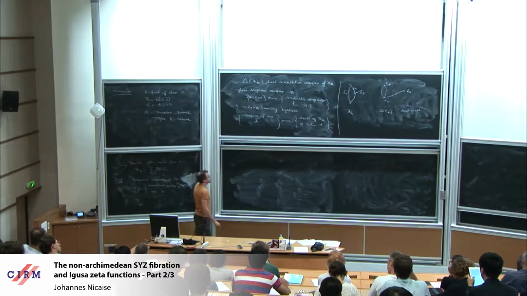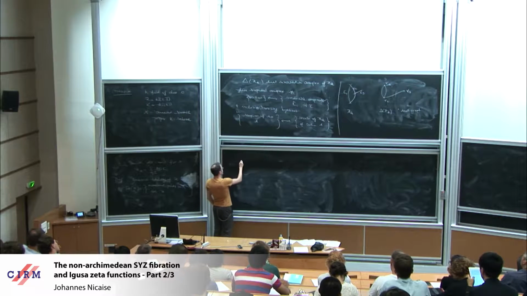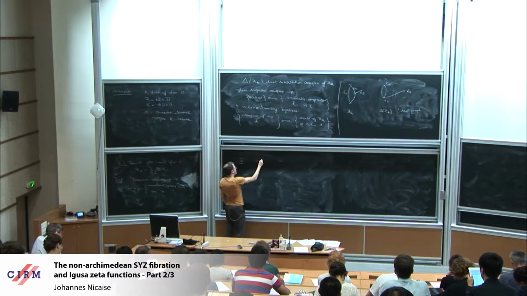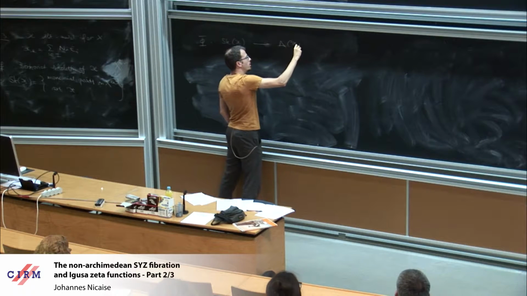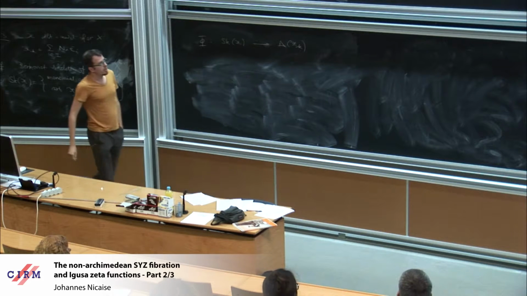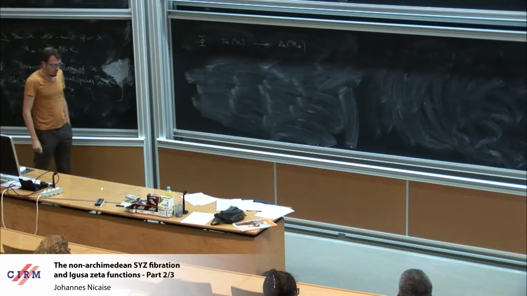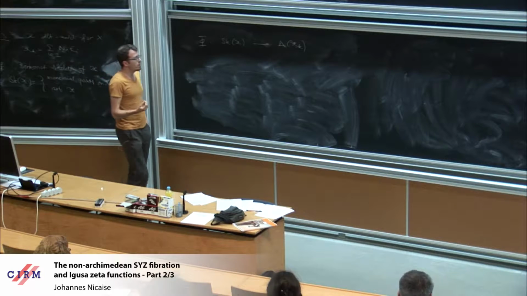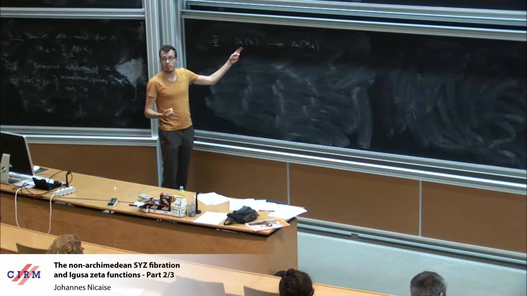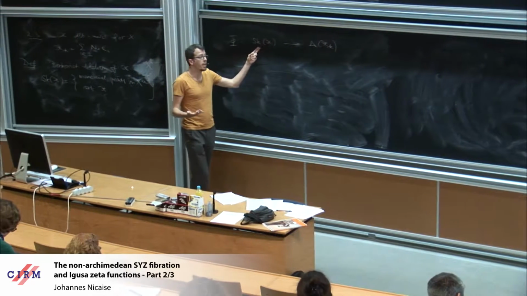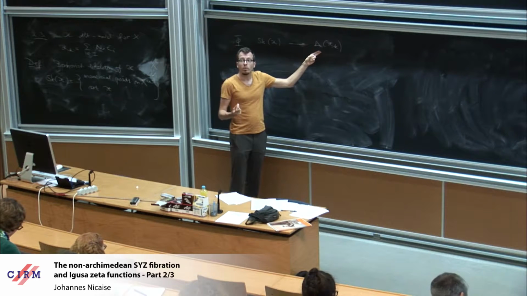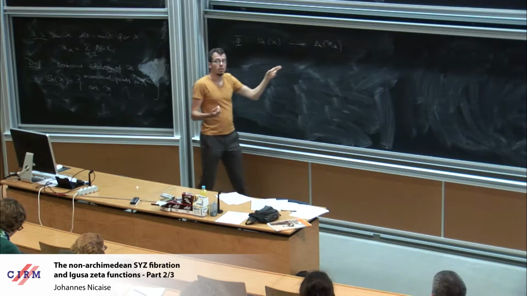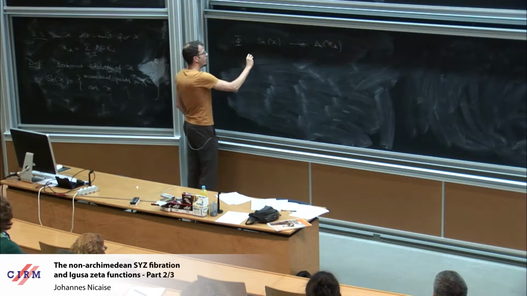So now we can consider the following map, phi, which goes from the Berkovich skeleton to the dual intersection complex. And this map is constructed by observing that the data you need in order to define a point of the skeleton, a monomial valuation on curly x, are precisely the data you need in order to choose a point on the dual intersection complex. So more precisely, if I have a monomial point